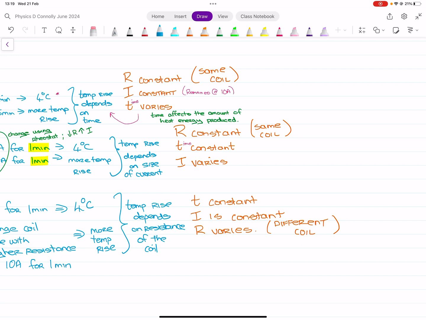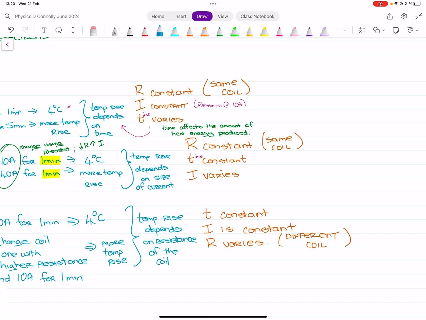And if I want to see if time affects temperature, then I have to make resistance and current constant. If I want to see if current affects temperature, then I need to keep time and resistance constant and so on. Okay, you can only ever have 2 variables at one time. All right, so